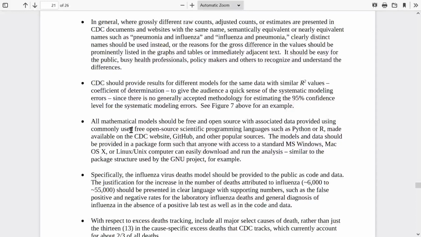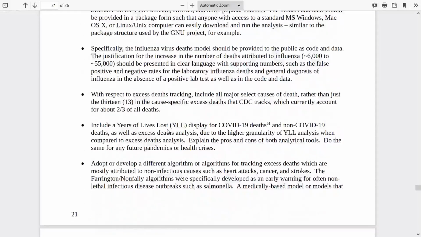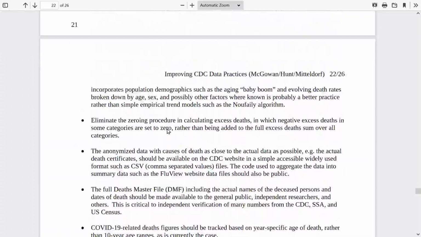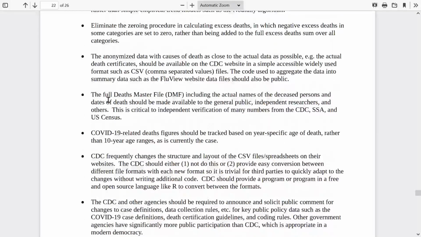All models should be, the source code should be available. It should be easy for people to download and run on their computers, and we can go on. One other thing that is interesting is that who has died in the United States is not